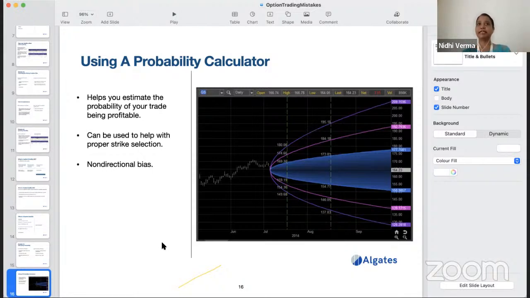So just have an idea of where your expectation is, whether it is far away from the current price or nearer to the current price. If it is far away, then there is less chance of that happening. If it is nearer, then there is more chance of that happening. And it can be both ways also. So this is how you can determine the chance of winning a trade when you are actually placing it, and where the stock price is going to be, using just the probabilities.